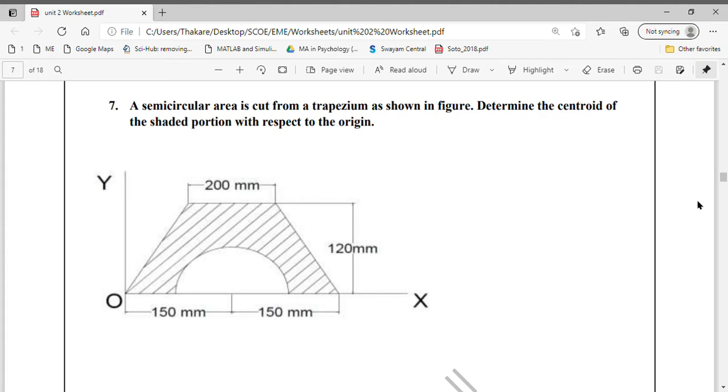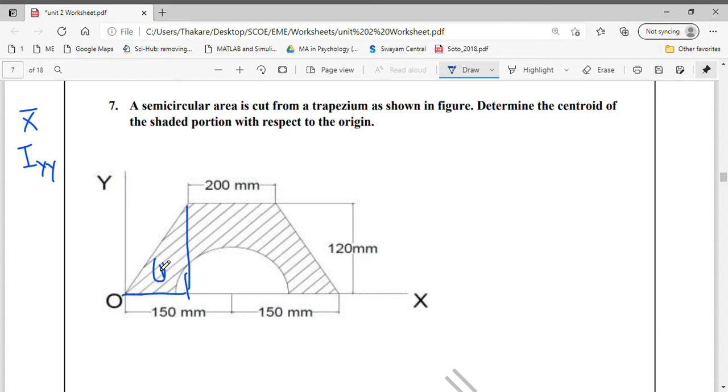Hello all. In this example, we are solving the same example as the last one. Only now we will be determining its moment of inertia about the vertical centroidal axis of this entire figure. So for that we will have to determine the location of the vertical centroidal axis. Vertical centroidal axis का location निकालना है, मतलब we have to determine its distance from y-axis, which means we have to determine its x bar, and vertical centroidal axis के about moment of inertia निकालना है, मतलब we have to determine I y y. Okay, again last time हमने इसको जैसे break किया था.